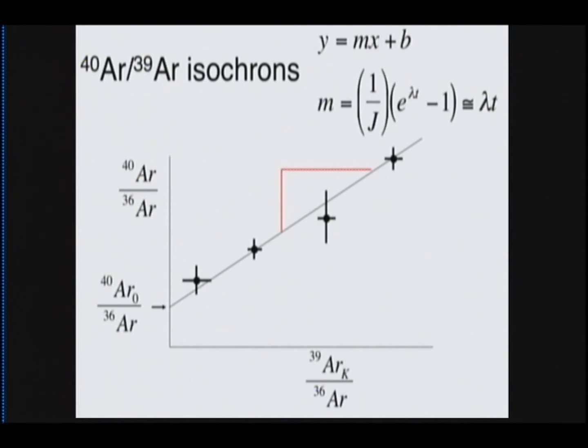Lower than subatmospheric ratios are rare, and when they do occur, sometimes they're artifacts of various kinds, but they're very, very rare. And if you ever see an isochron in the literature that has a ratio of, say, 250 plus or minus 10 or something, you should